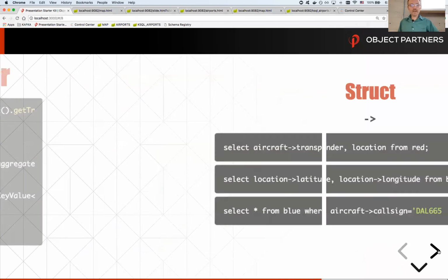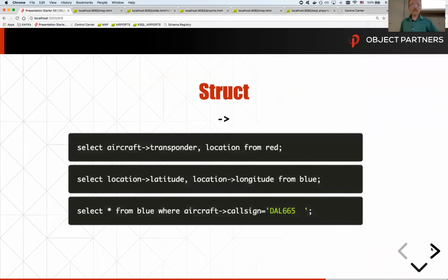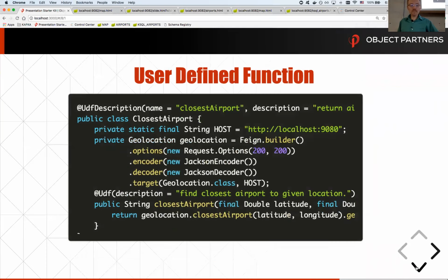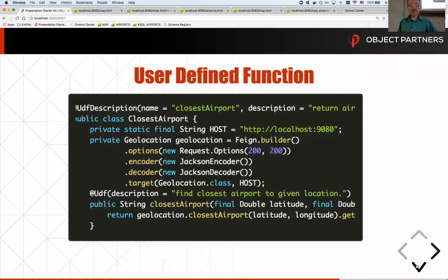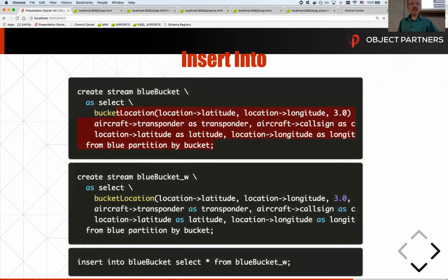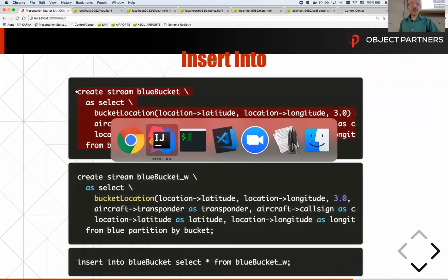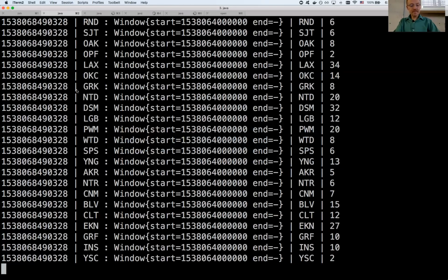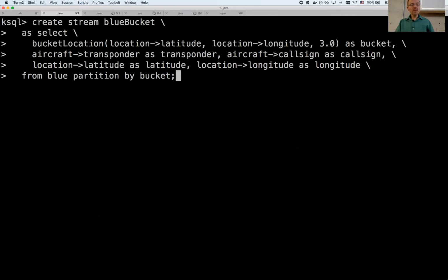So nearest neighbor, I showed him on there. I'm trying to find the closest one in prettier form. I was trying to see how I would do nearest neighbor in KSQL, and this gets kind of interesting. The first thing is I need to create a bucket for my blue planes. So this is the bucket location here, and this bucket location is a custom function that I wrote.